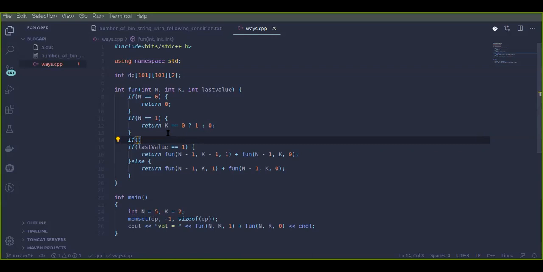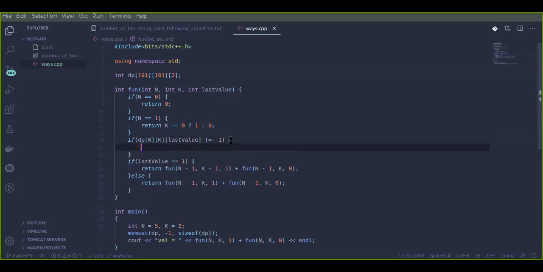So if dp of n, k, and the last value has been found out already, then for sure the value would not be -1 anymore.